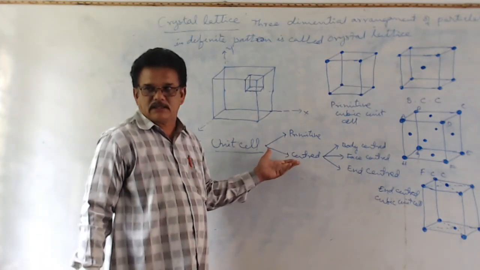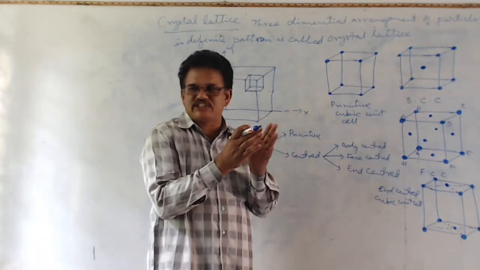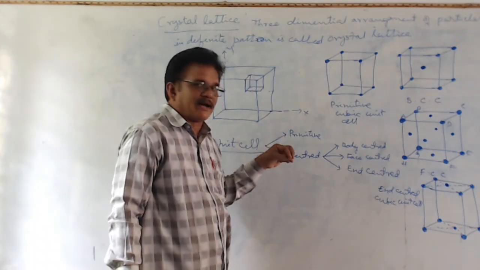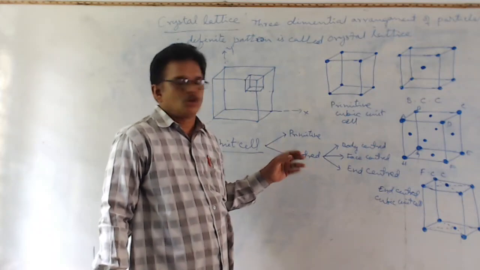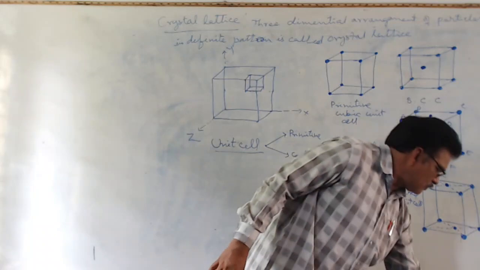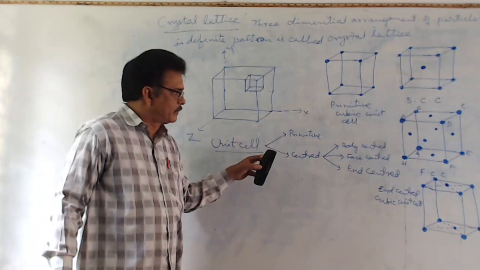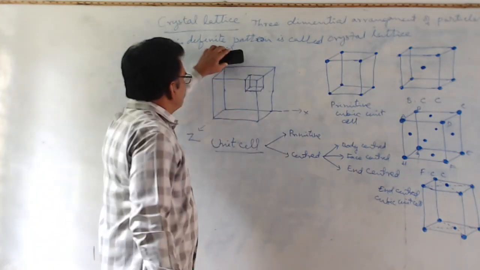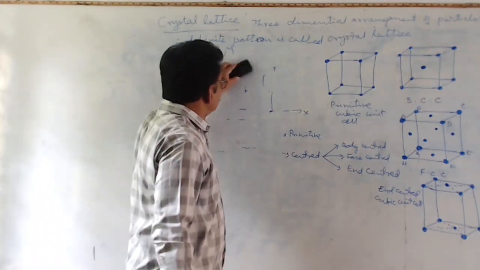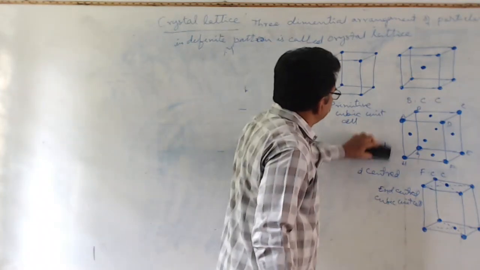These are discussed now. Now, when these unit cells come close to each other and form the entire crystal lattice, how many particles actually belong to one unit cell? How can we discuss? We have discussed types of unit cells. Now, we will discuss types of lattice points and their share to each unit cell.